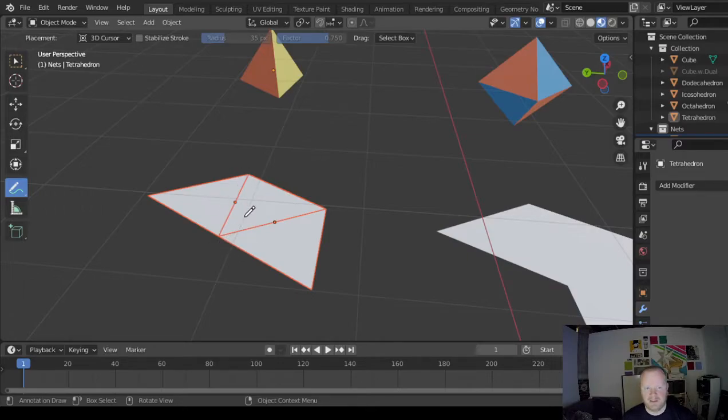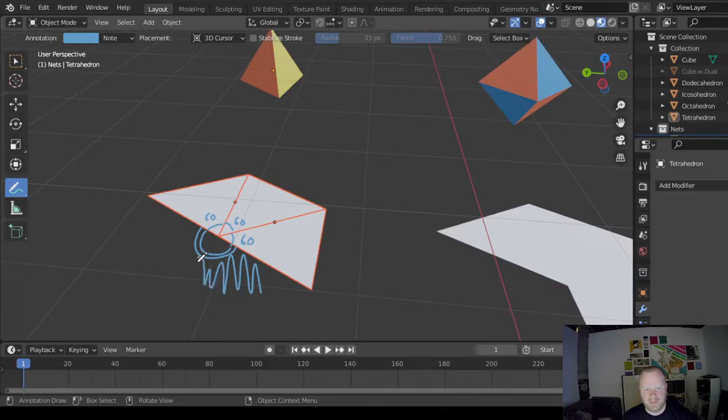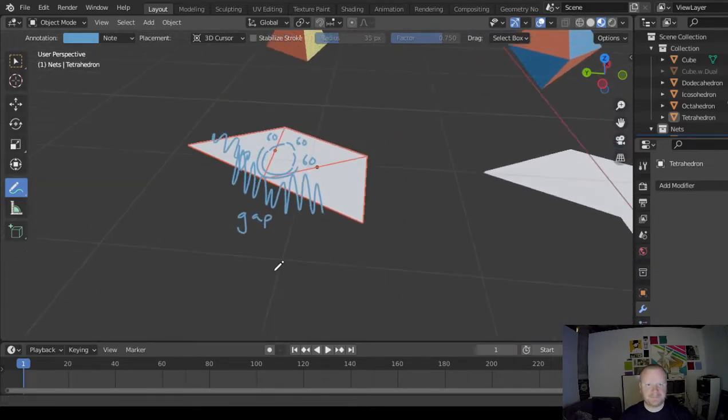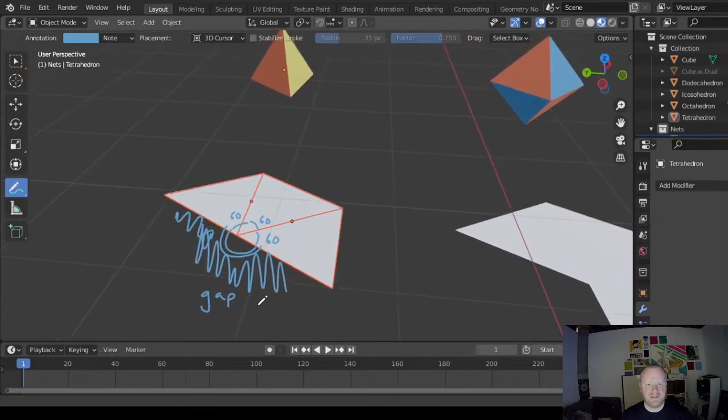So these 3 triangles are each contributing 60 degrees, 60 degrees, 60 degrees. And then what's left over is this angle here, and you can think of this as being the gap that we need to fill in. So that gap in this case is 180 degrees,